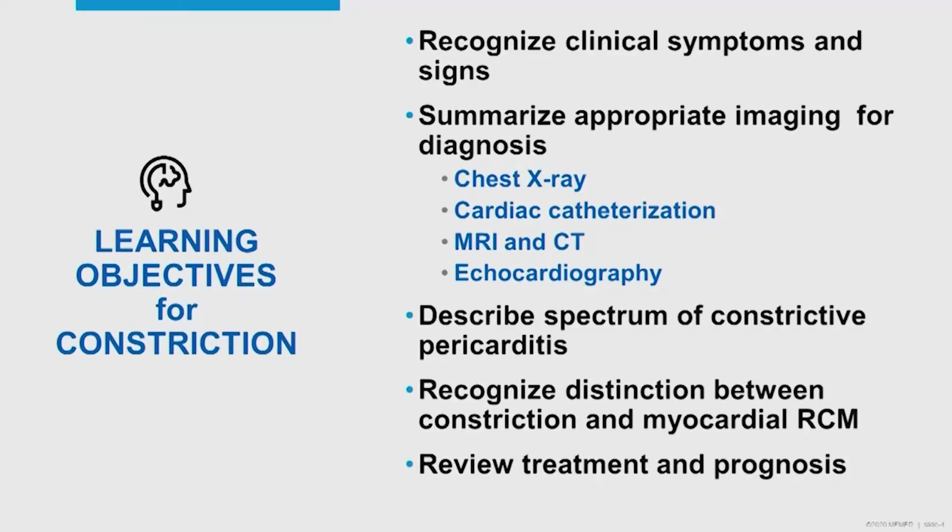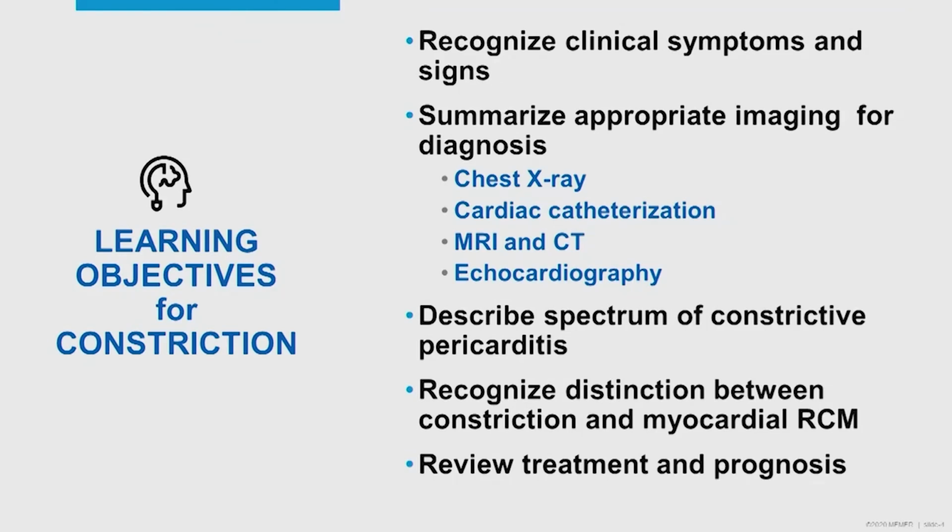I'd like to discuss, for this board review, constriction: to recognize clinical symptoms and signs, and also to summarize imaging criteria and the hemodynamic criteria for diagnosis, then describe a spectrum of constrictive pericarditis and recognize the distinction between restriction and constriction. And then we'll review with you the treatment of constriction and provide you with the important prognostic parameters in